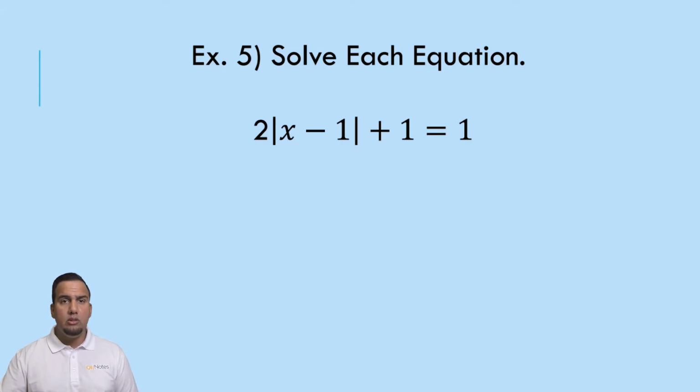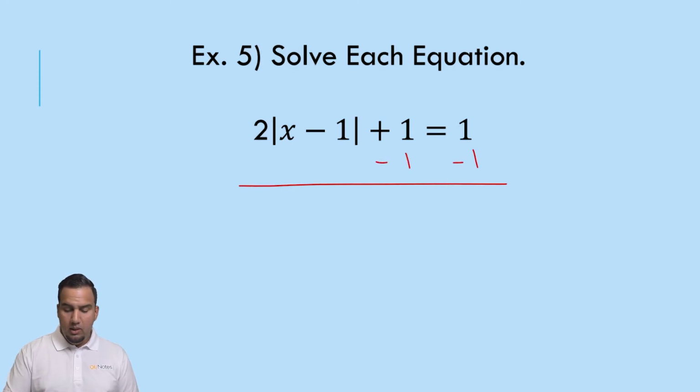Example 5, there's a lot more steps in this problem. Why? Because there's a number in front of the absolute value, which is okay. I'm going to do the same thing. Isolate it. How do I isolate it? I have to subtract 1 from both sides. The 1s on the left side are going to cancel out nicely. I'm left with 2 absolute value x minus 1 is equal to 1 minus 1, which we all know is